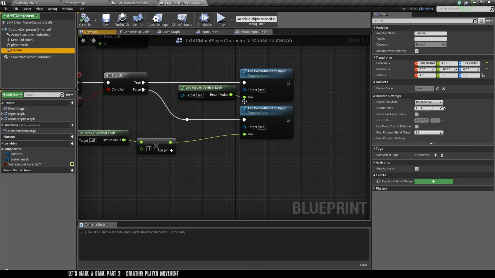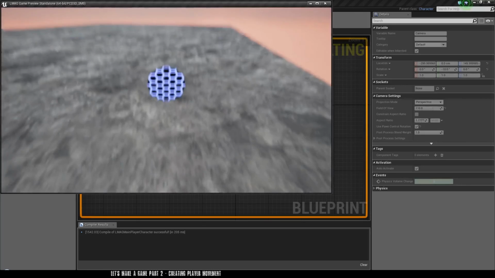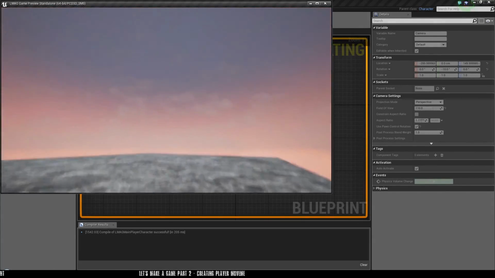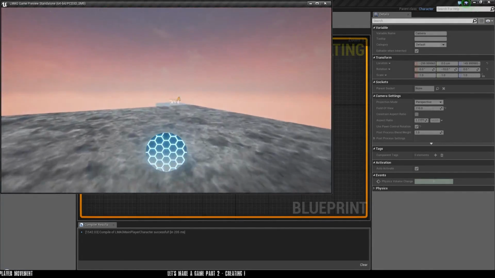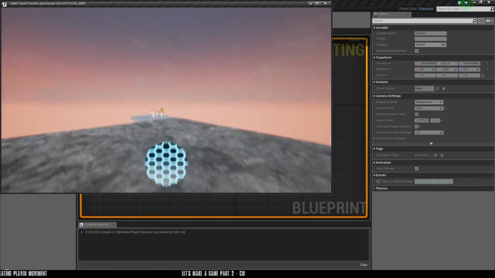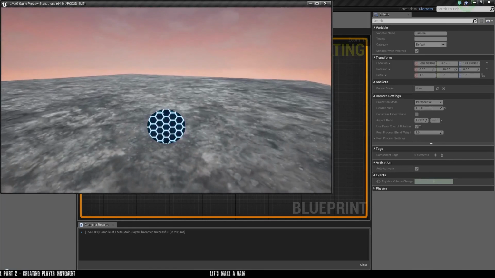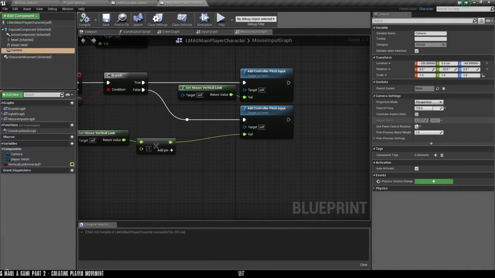Okay, I know what's wrong. So the camera, you want to select use pawn control rotation, which will then let you look up and down and still move around. So use pawn control rotation would be useful for when you actually want to create a first-person game where this is kind of needed. But because our game doesn't really need it, I'm going to disable pawn control rotation,